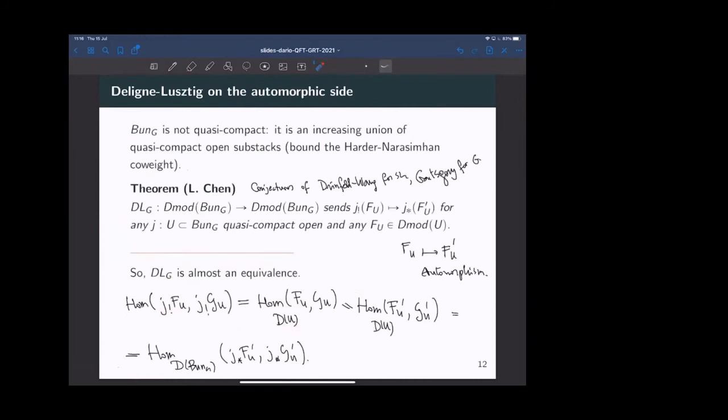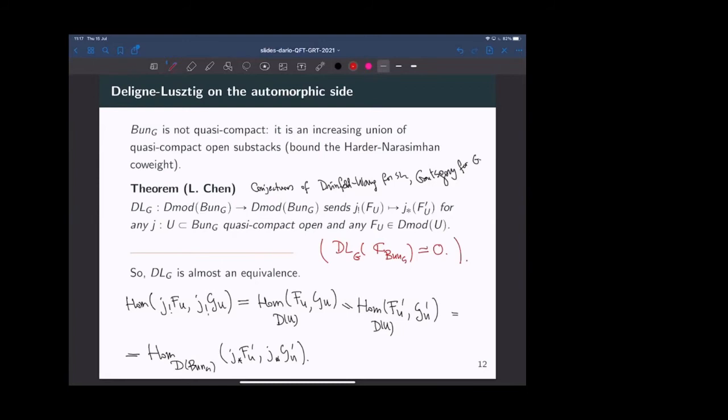And once we know that, we can look for one. It just kills the main object that you can write which is not an extension from something finite, which is the constant sheaf of Bun_G. Of course, it's not a shriek extension, and that actually gets killed. We will not need that, but I thought it was fun to mention.